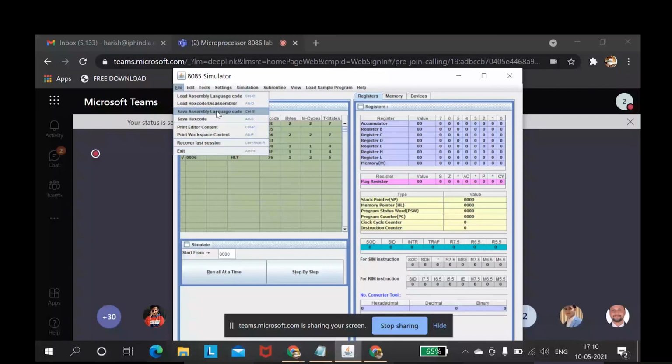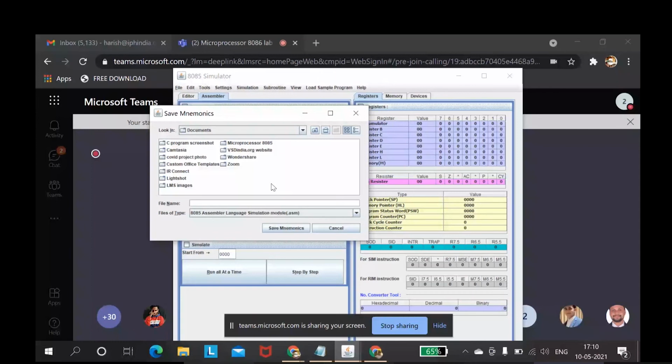All right, guys, look at what Harish is doing. This is how you save your program. So we go to file in the menu option and we click on save assembly language. And we give a name. That's it. What is the type? Does it save it in text format or how? No, sir. It is in ASM format, assembly code language. So this can be executed only by the simulator, no? Yes, sir. There are other simulators that can also open this when we save it in ASM format. Oh wow, okay, good. Thank you, Harish. Thank you, Advaita. Good job.